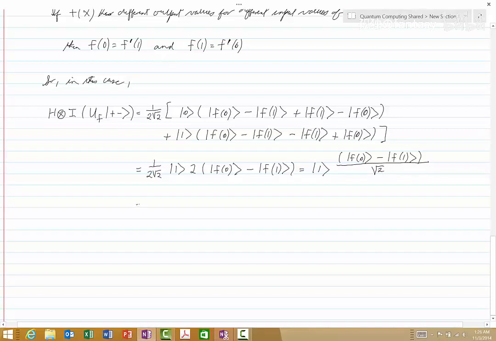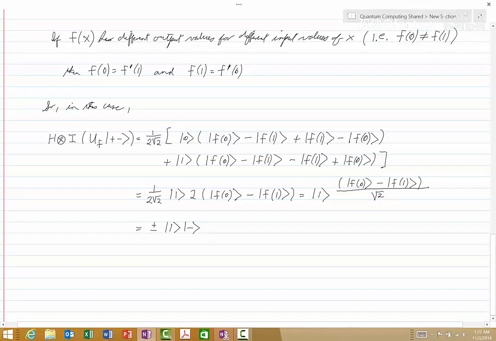And so this final answer is plus or minus 1 minus. Again, if f of 0 is 0 and f of 1 is 1,